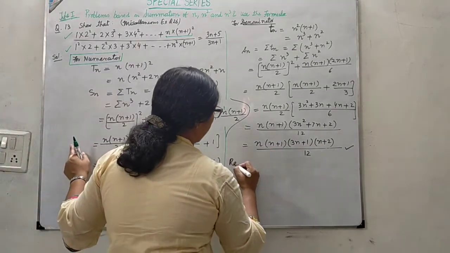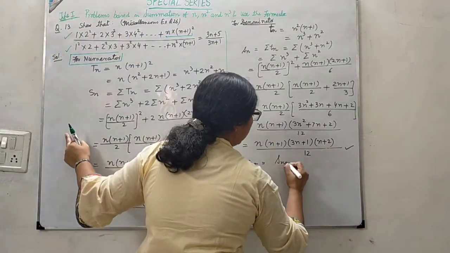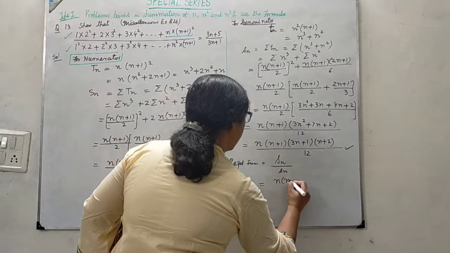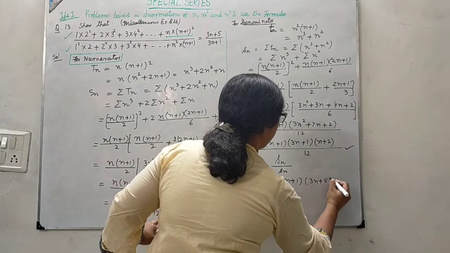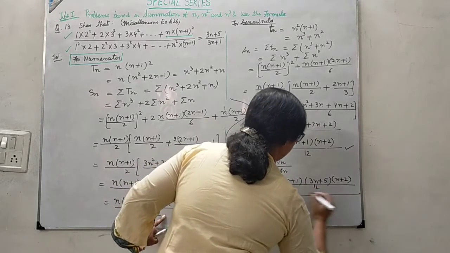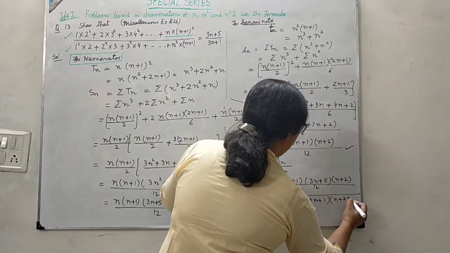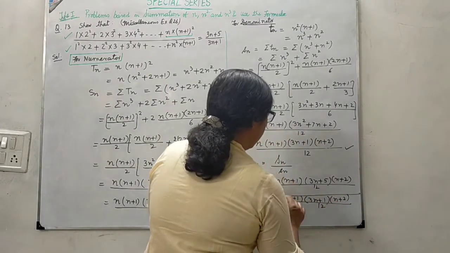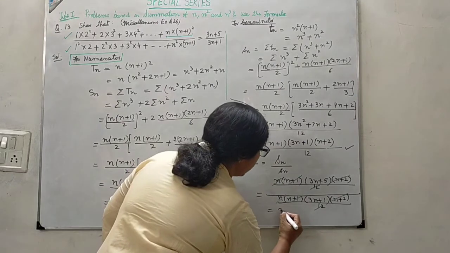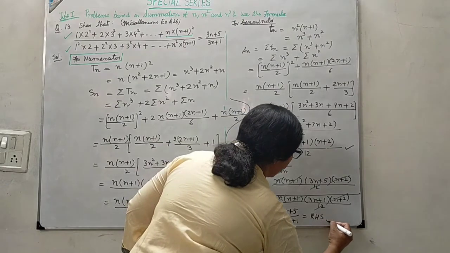Now the required sum, what you need, that is your capital Sn, the sum of the numerator, over small sn. That becomes n into n plus 1, 3n plus 5 into n plus 2 by 12, divided by n into n plus 1, 3n plus 1 into n plus 2 by 12. So we are having all these terms getting cancelled, and left with 3n plus 5 upon 3n plus 1, which was your right side, the required one. Hence